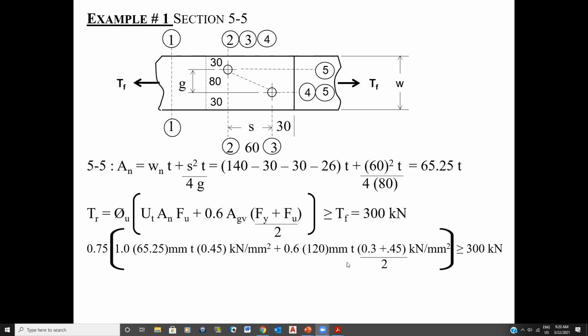So therefore, now you see here I have 60 plus 30, and then another 30, which gives me 120. I should have shown you how to get the AGV. I apologize for that. From here to here, I have 60 plus 30, and then another 30, so that gives me 120, and that's where I get the AGV value. And then that's in terms of T. This is the average between the yield strength and the tensile strength. That's what you take. And when I do this calculation properly, I end up getting